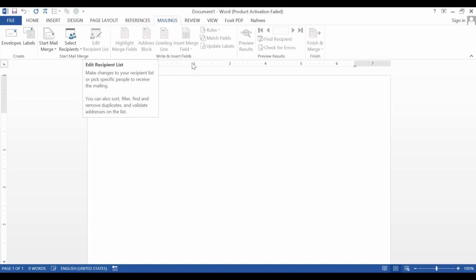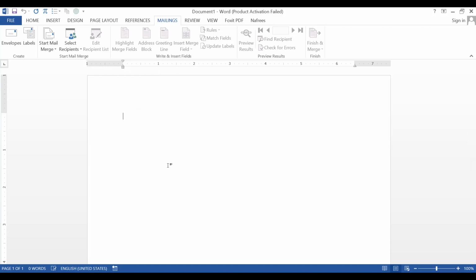Okay, and the third area, write and insert fields. After you have completed creating the recipient list, then you can start using it in your document area. Which field you want to insert in your letter, or in your label, or in your envelopes.